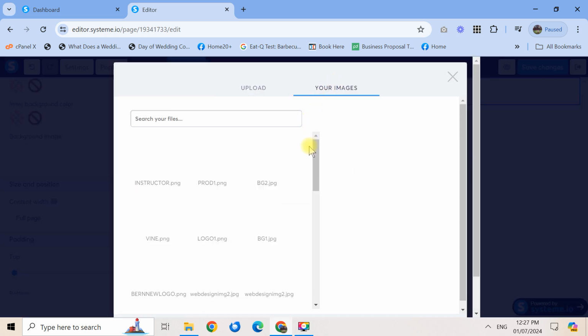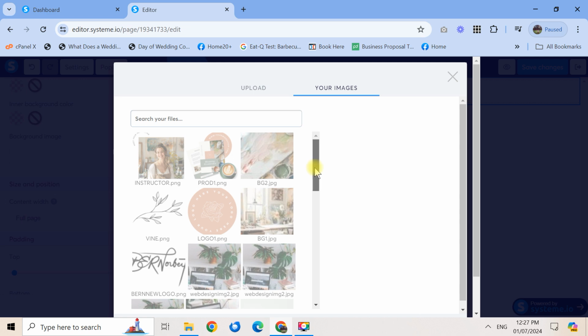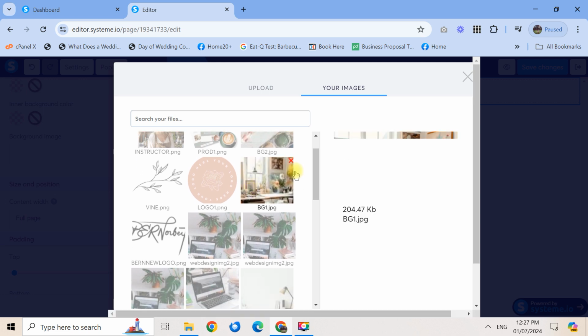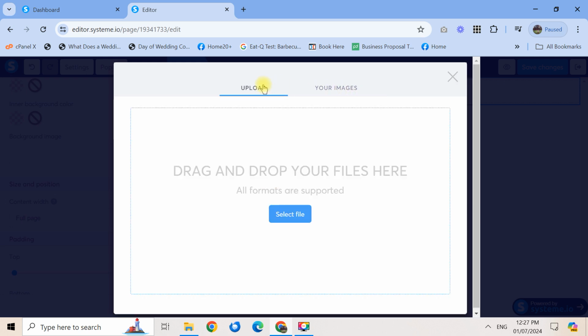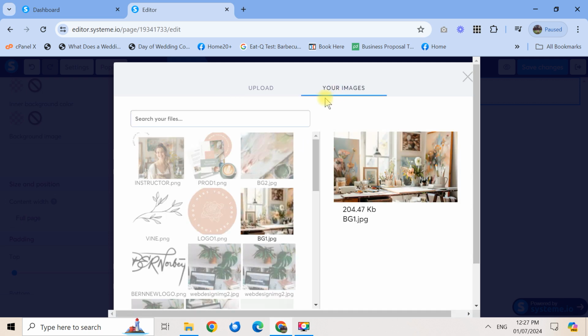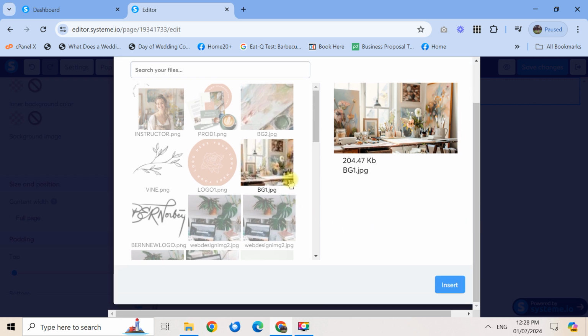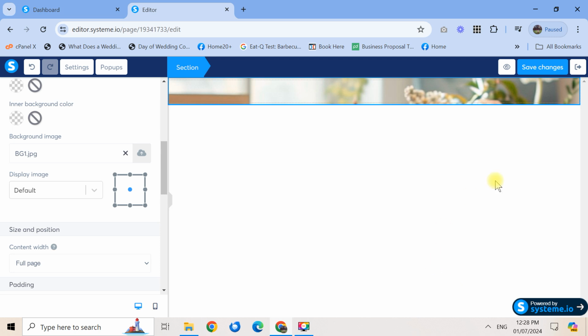So for this one, I already have a background image that I want to use as background. So this one. If you have an image that's already uploaded, you just have to click your images tab, or if you want to upload something, you just click on the upload tab and then select the file from your computer. But since I already have the image, again, I'm going back here and then just picking the picture that I want to use and then just click insert. So as you can see, there's the